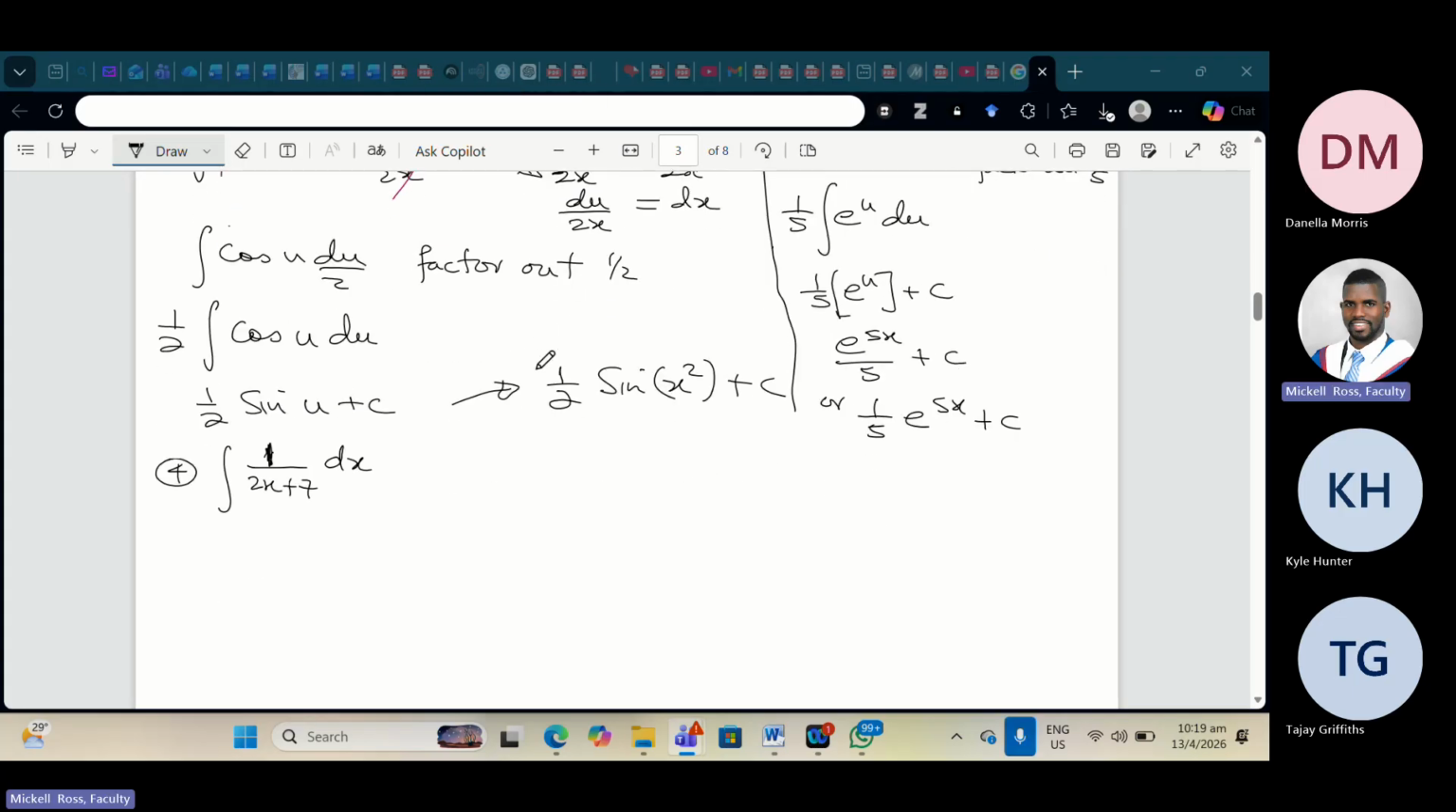All right, so what we're going to do, we're going to say let u equal the denominator. So the derivative of u with respect to x is going to be equal to 2. We have another 2 again, so we know it's going to be du over 2. That's dx. So the integral of 1 over u,